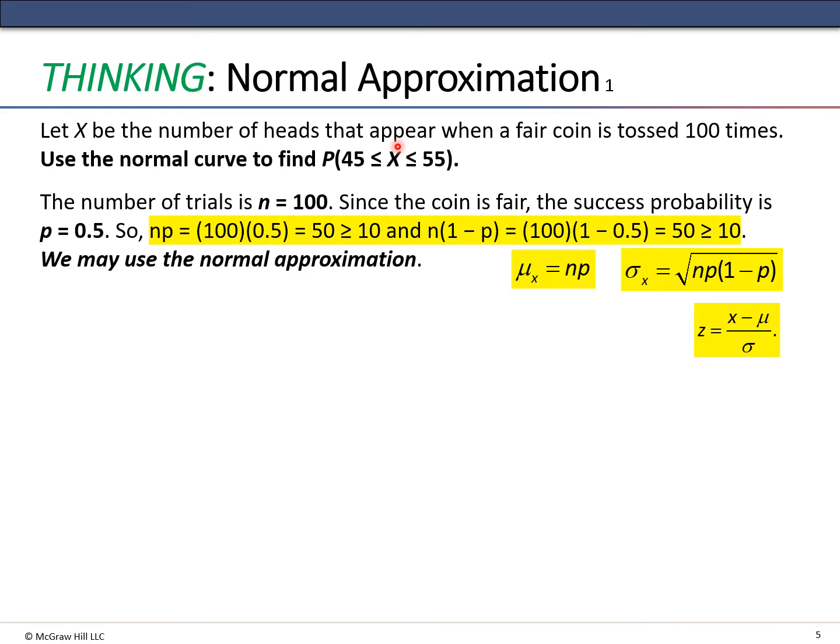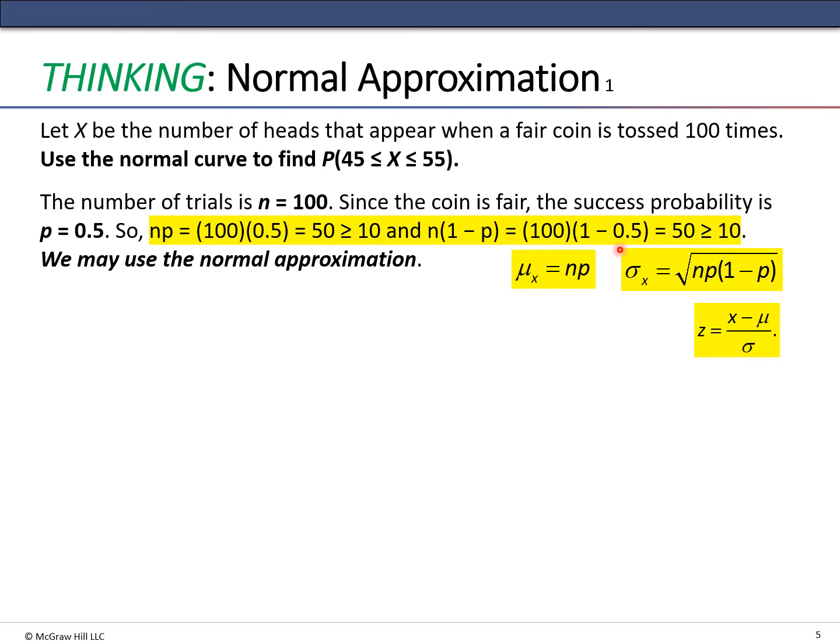The number of trials is 100, so the first thing we want to do is make sure that we can use the normal approximation by plugging in n and p, our probability of 0.5, right? We've got a 50-50 shot of getting a heads on each trial. So we plug that into np and make sure it's greater than or equal to 10, and we get 50. We do the same thing with n times the quantity 1 minus p, and we get the same thing, 50. Since both of these are greater than or equal to 10, we can use the normal approximation